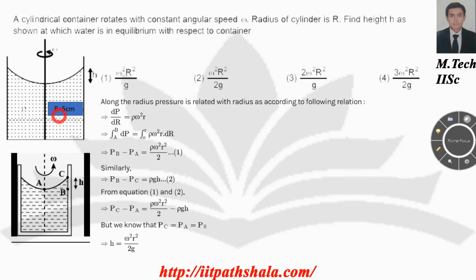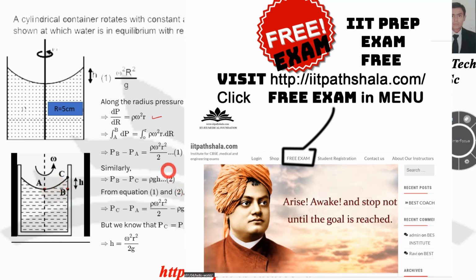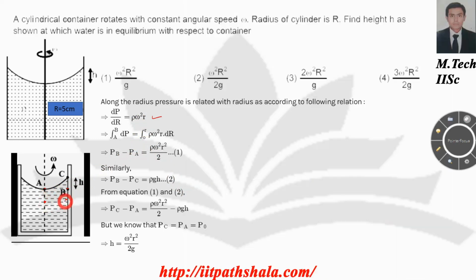Okay, so now what I can do is I know from my fluids chapter itself that if I am varying my pressure with respect to radius, then it is varying with the following relation. Now as you can see in the second diagram itself, I am taking my variation from A to B, my radial variation of pressure. Okay, and I am going from 0 to R, going from 0 to 5 centimeter, from the center to the edge of my cylinder. Over here I am integrating, and I will be landing up with the following expression.